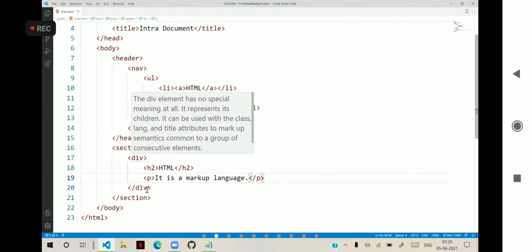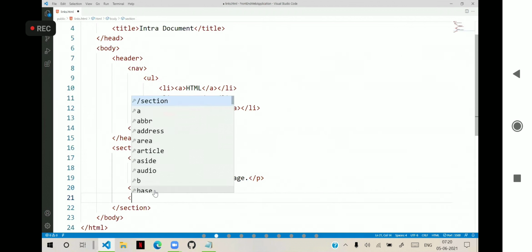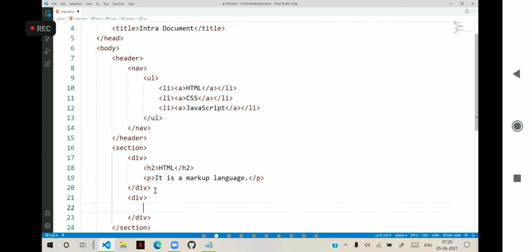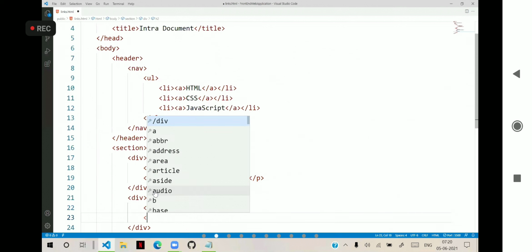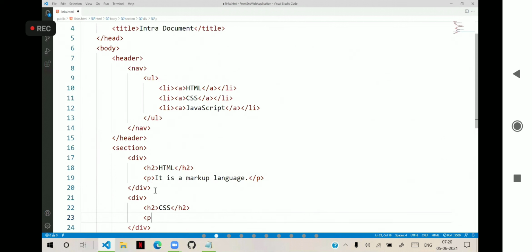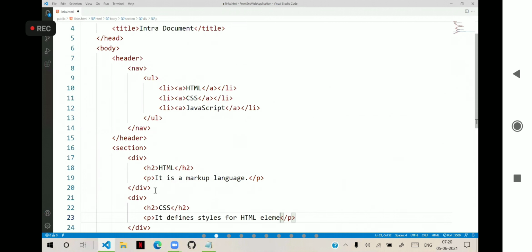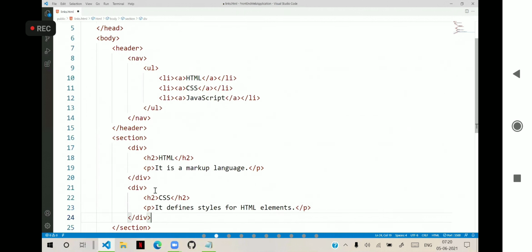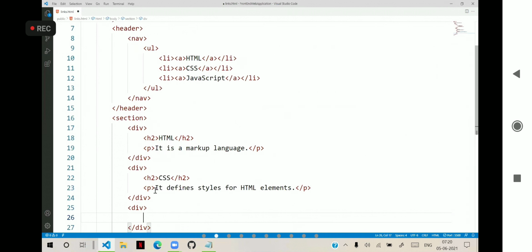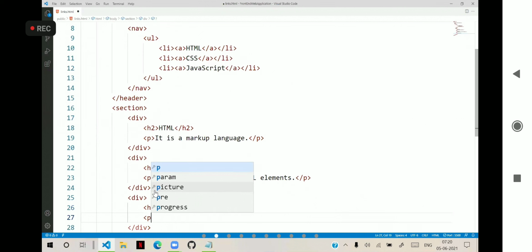So for example, this is one div, and another div with heading CSS. It defines styles for HTML elements. And another div with heading JavaScript and some paragraph.